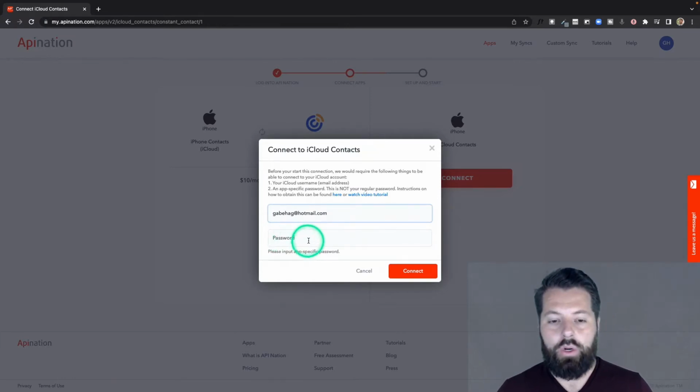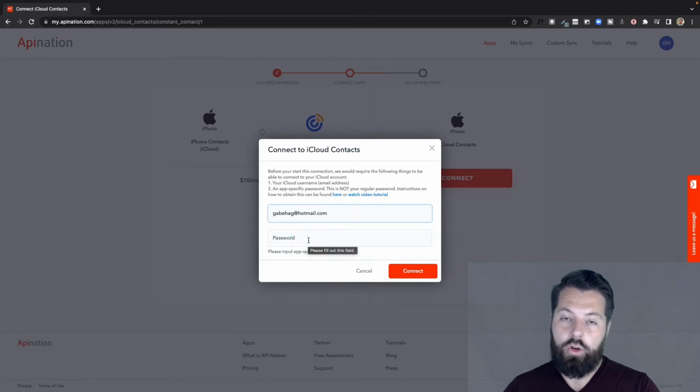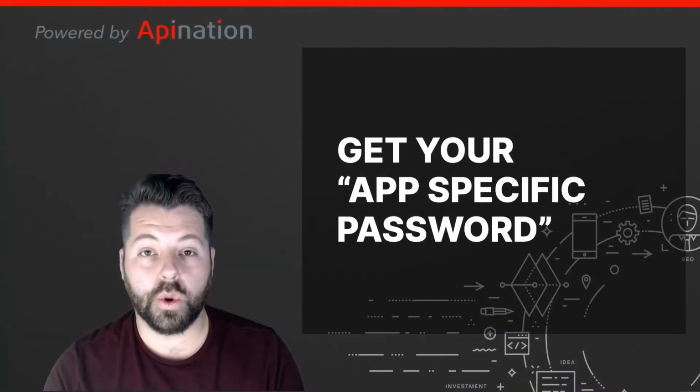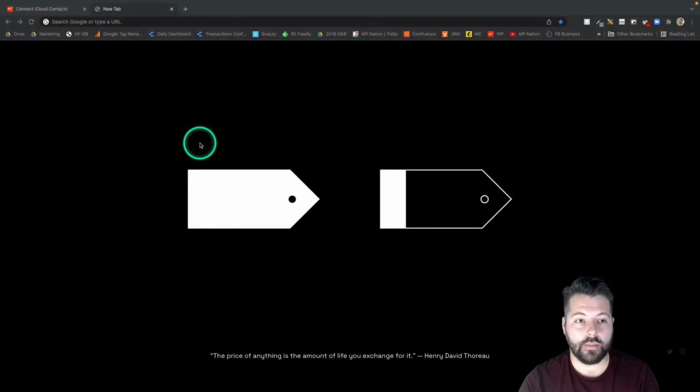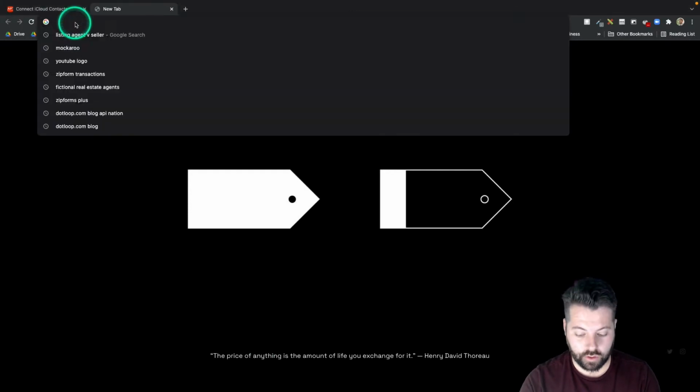And my password. But this isn't my iCloud password or my MacBook password or even my iPhone password. This is an app-specific password. So where do you find that app-specific password? Let me show you. It's super easy. So to find my app-specific password, I'm actually going to have to create it. And to do that, I'm going to go to